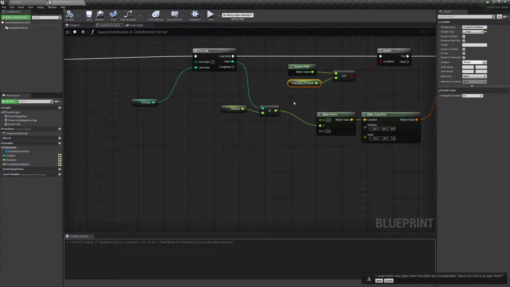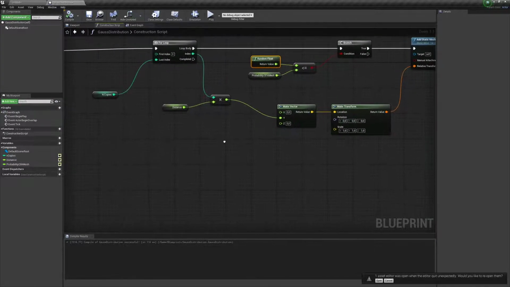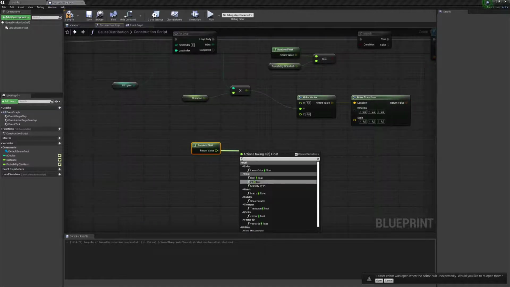Just to make a transform variation too, let's make another random here. I'll just use this random float because I had the problem with the stream, but to make a predictable random series, you need to use the stream. I don't want to get stuck on that right now. So all right, random float, and we do a multiplication with a